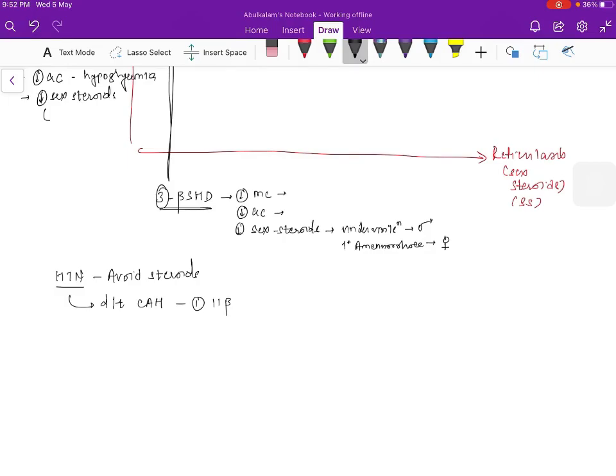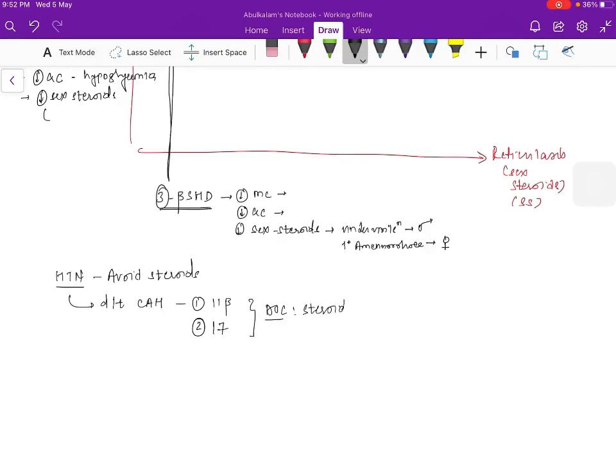If I think about 21, right, what will happen to 21? Again, it will result in decreased DOCS, so no hypertension. So the second enzyme which causes the hypertension would have to be 17 alpha, one which blocks the pathway horizontally. So as a result, this is due to increased mineralocorticoid. But if hypertension is due to CAH, that is these two enzyme deficiencies, the drug of choice would be steroids.